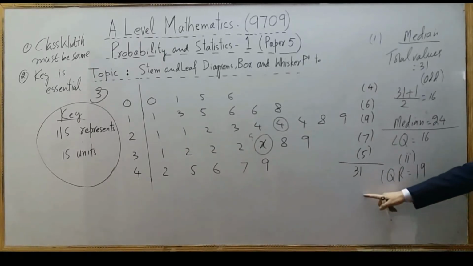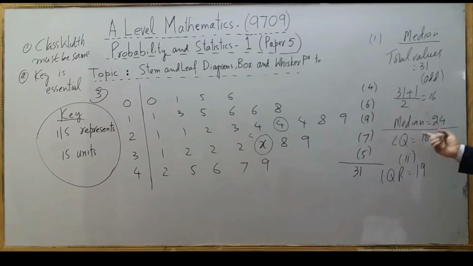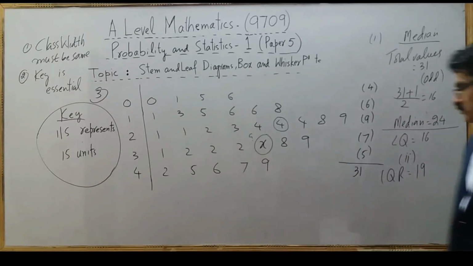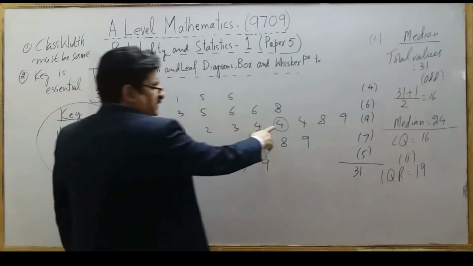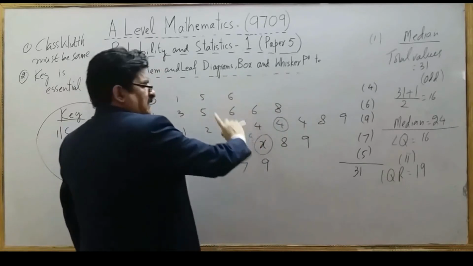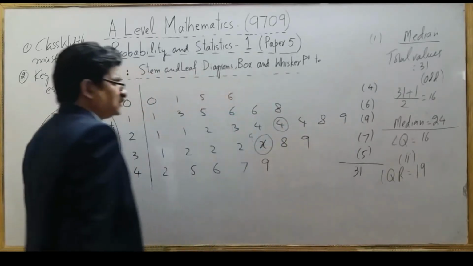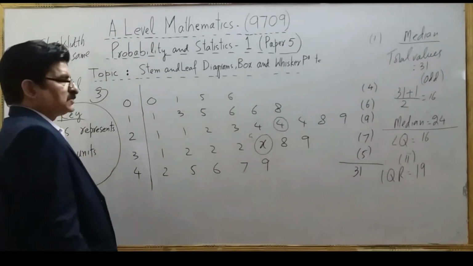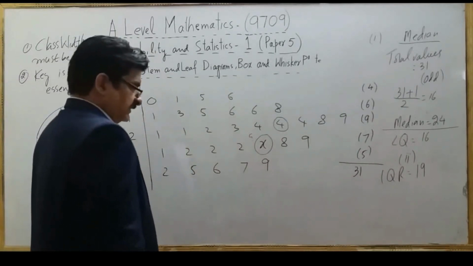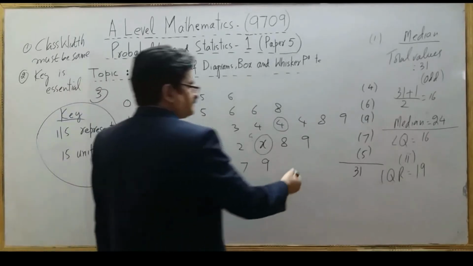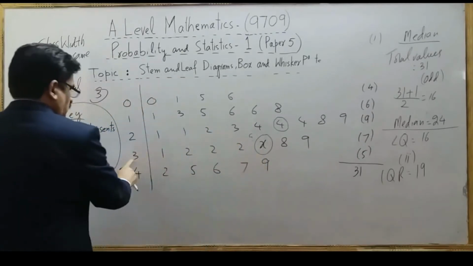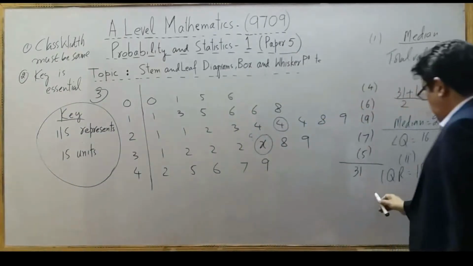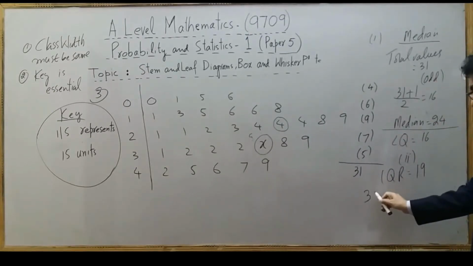Now it is the upper quartile minus the lower quartile. We don't know the upper quartile. What is the upper quartile? It is the median of the upper 50%. This is the median of the whole data. From here we have 15 values, so it will be the 8th value. So 1, 2, 3, 4, 5, 6, 7, 8. So your upper quartile is 3x. Now 3x means 30 plus x.